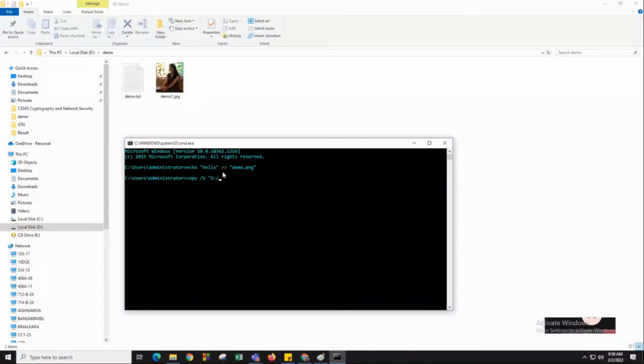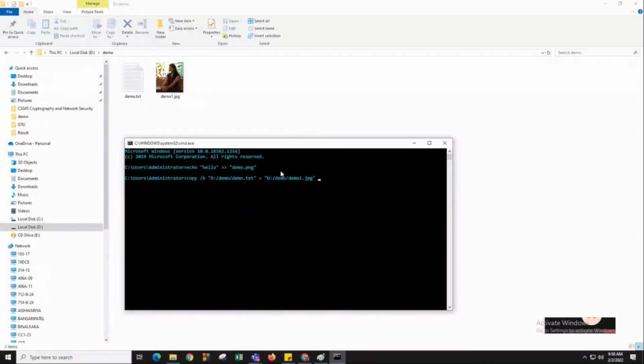In D drive, demo folder, demo.txt file. Okay, then what we want to combine it with, so from D drive, demo folder, the demo1.jpg file. After combining this, where we want to copy the data, we want to copy it into a new file.